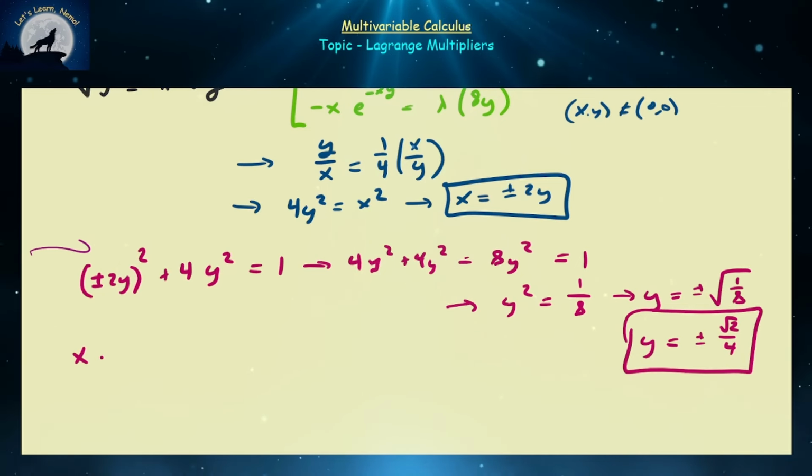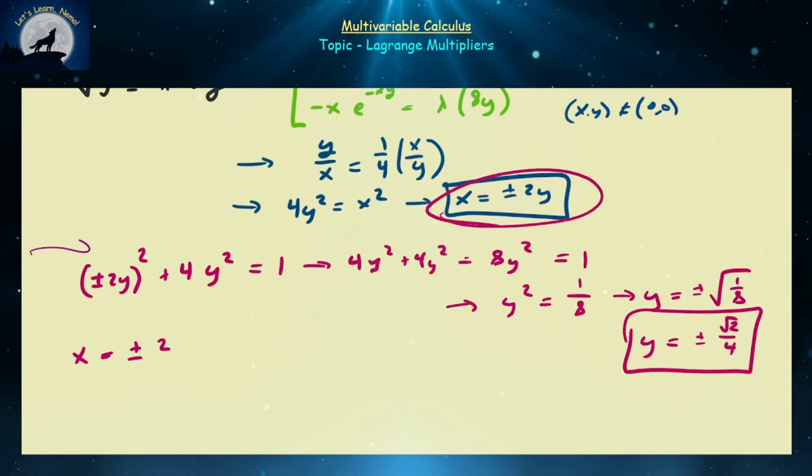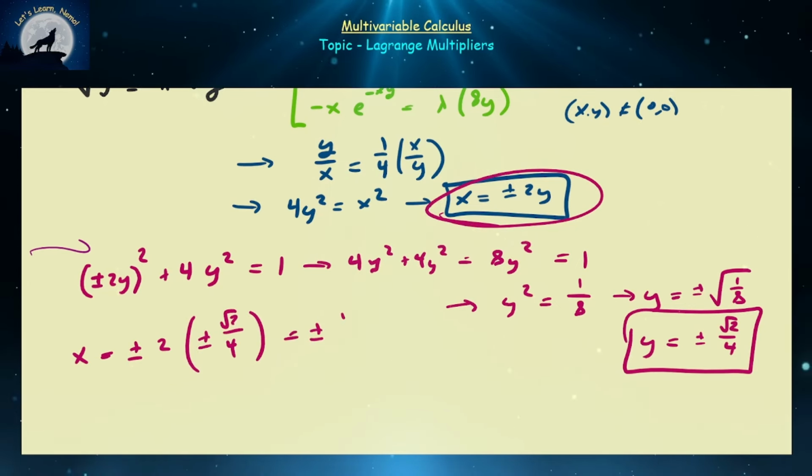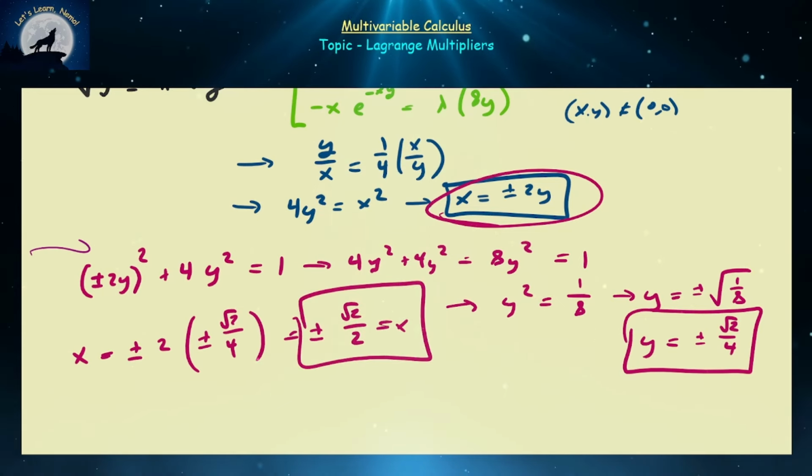And then we're going to have x, which is going to be equal to plus or minus 2 times the values of y, which is plus or minus root 2 over 4, which is again plus or minus root 2 over 2. So these are x values, and notice that these plus or minus values are independent of each other,